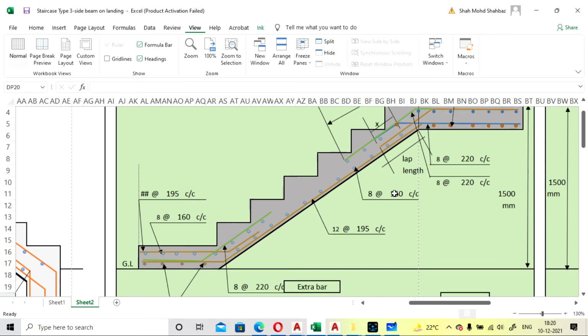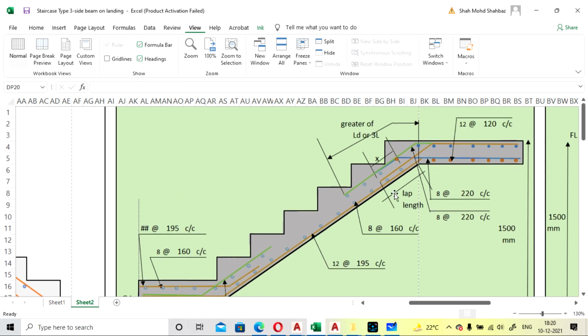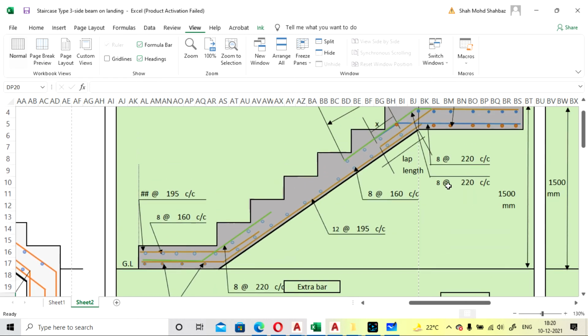Okay, similarly this bar will be taken as, and this orange bar is main bar for landing, and this orange bar is main bar for base slab, and these blue are the distribution bar that we have calculated for the base slab and landing slab.